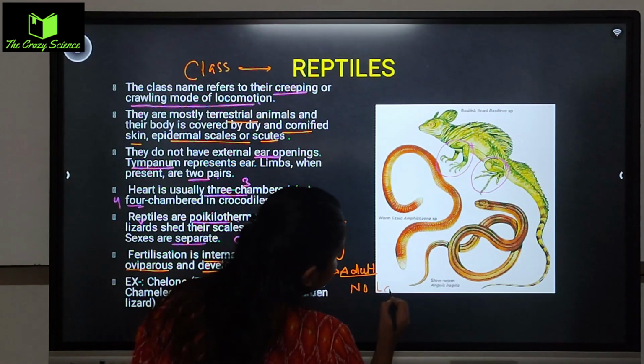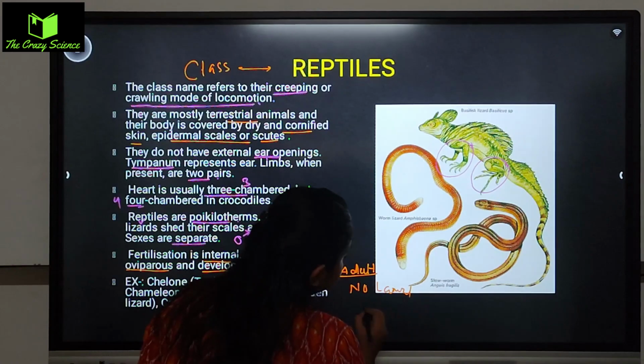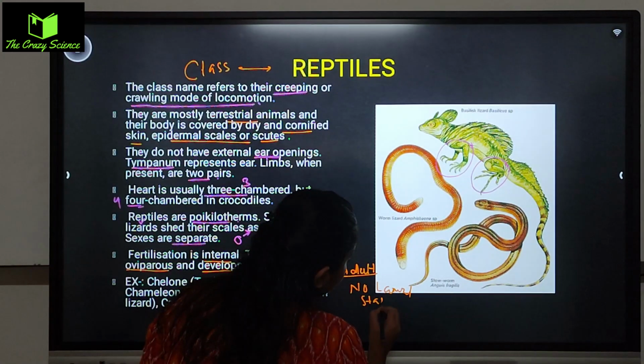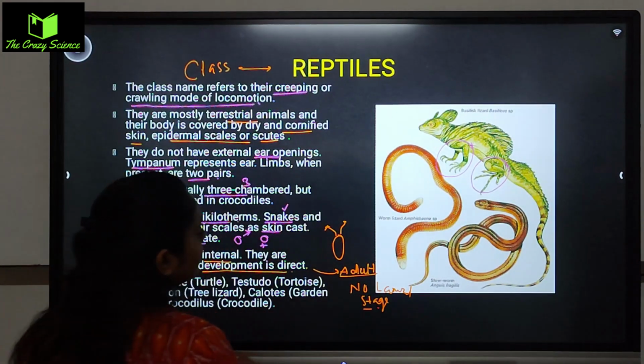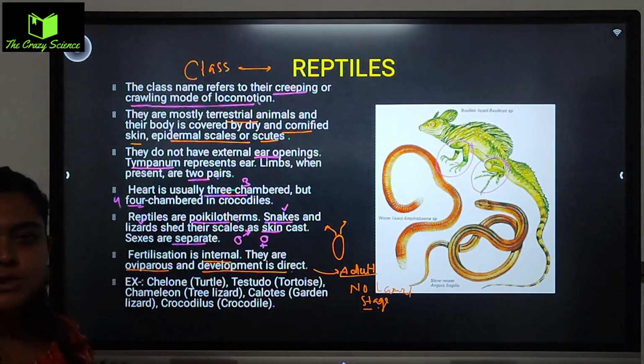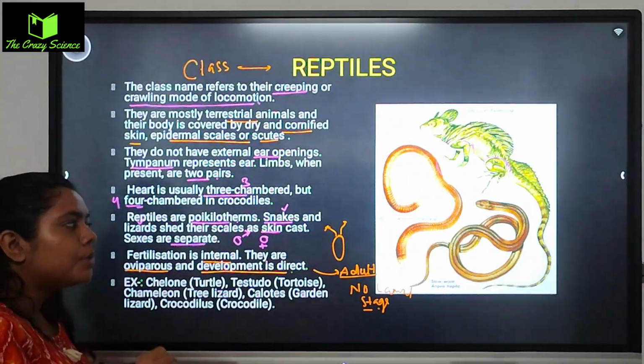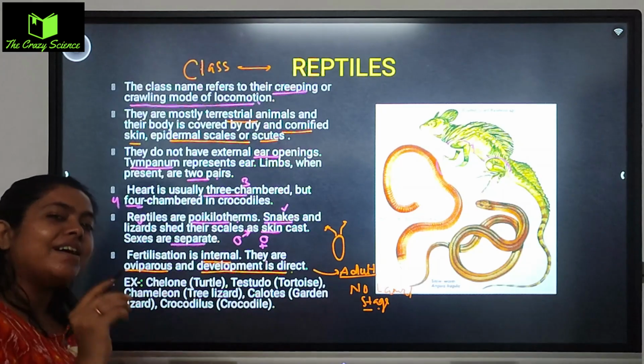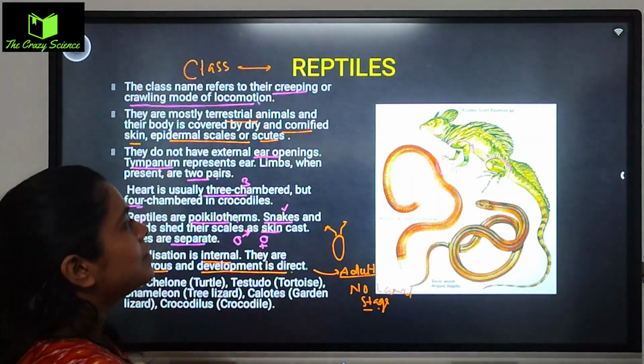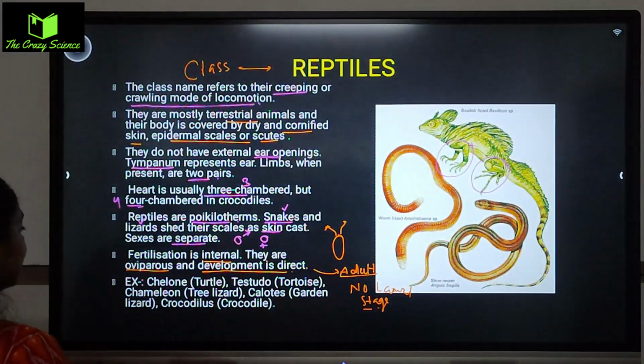No larval stage. Okay, there is no larval stage. If a larval stage is there, that means the development is indirect and it will take a little time to grow or to become the adult. Okay, the examples are